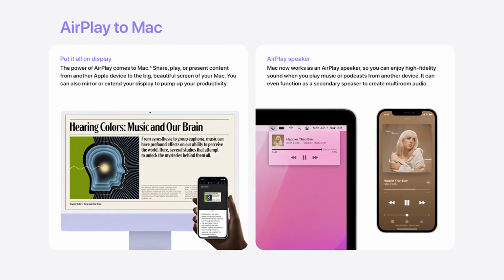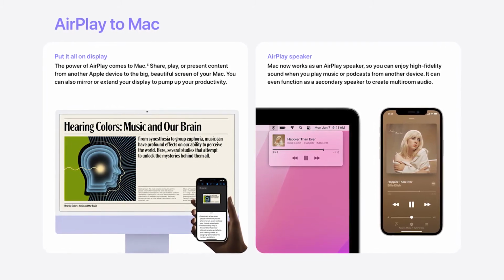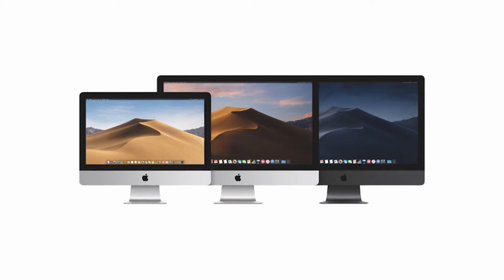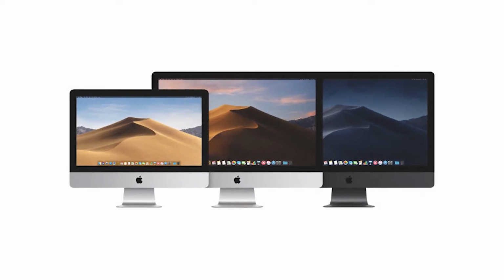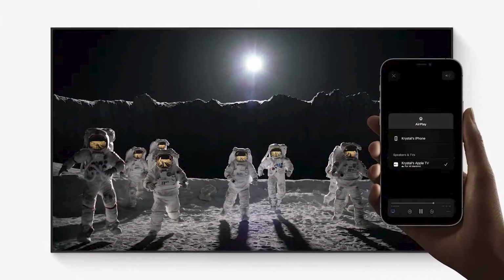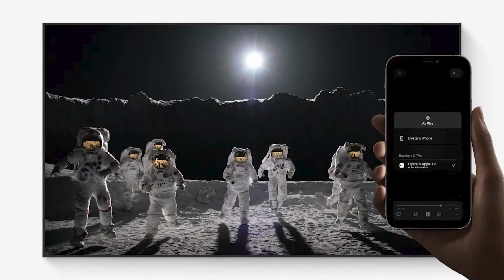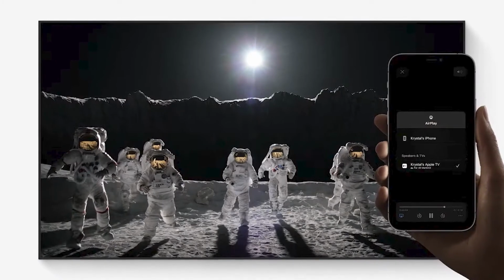With Airplay to Mac, Apple has come close to bringing back the target display mode that was available on 2009 to 2014 iMac models, where you can simply just plug in another iMac to your other Apple device and use it as an external monitor. While it's not exactly like target display mode, you're probably going to see some latency or lag because it's done